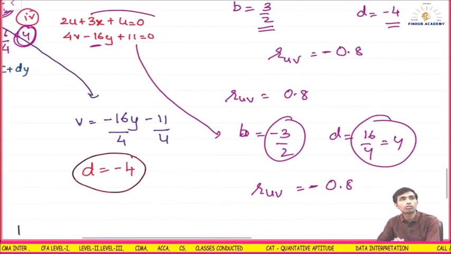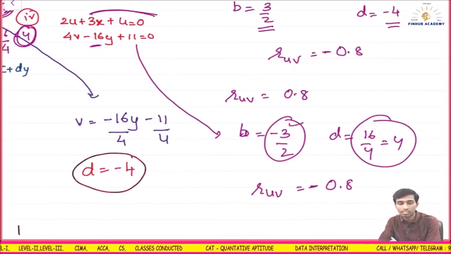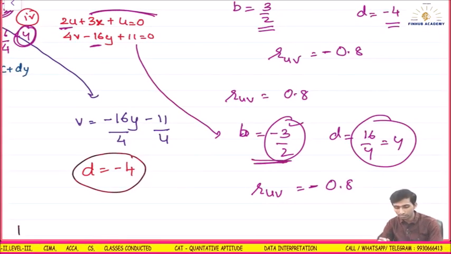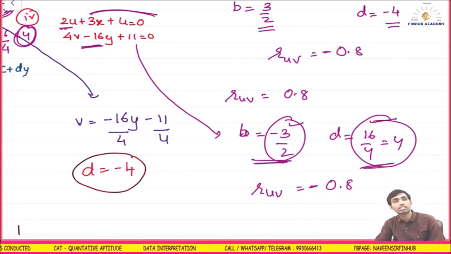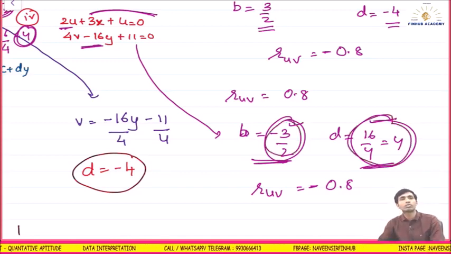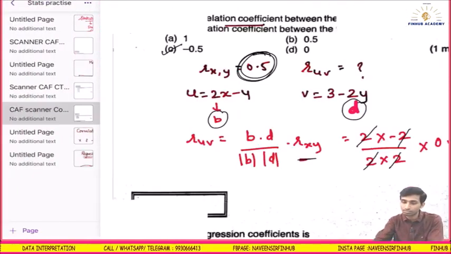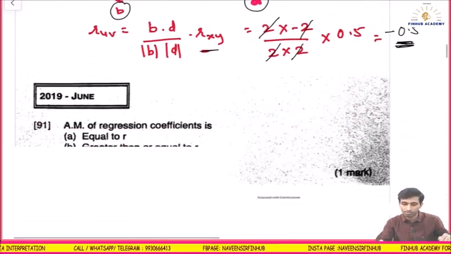Okay, no need to solve it again and again. Here what I did, this 3 will go this side, so it will become minus, 2 will go that side, get divided, so that is the value of b. Understood? Same with this equation, minus 16 will become plus 16 and 4 will go and get divided. So this is the answer. Understood? And I have seen that both have the opposite sign, so the sign will change. No need to solve. Okay, let's go back to the questions.